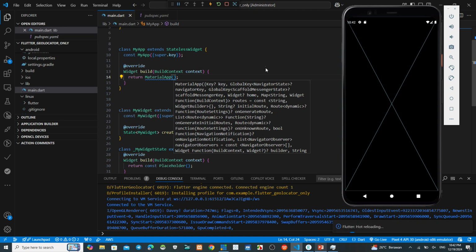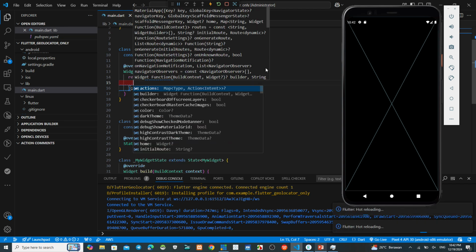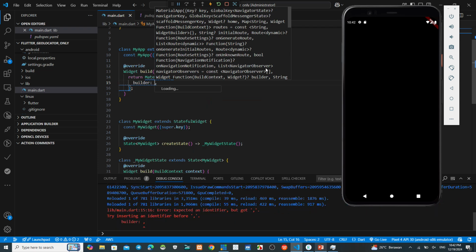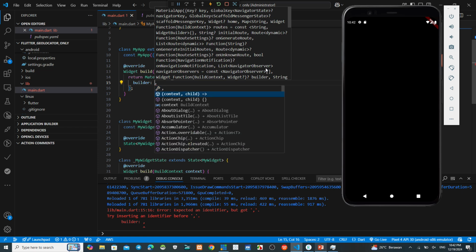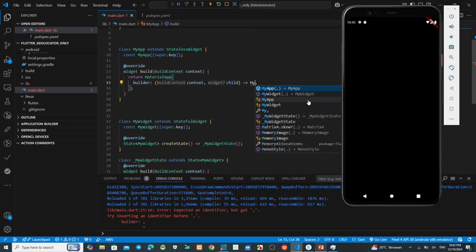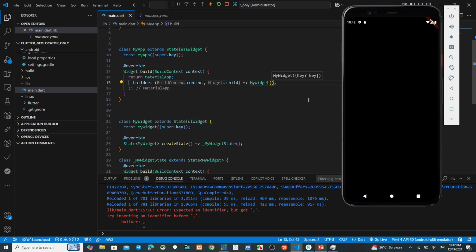Okay, after that we choose a builder widget here, and then call this my widget.